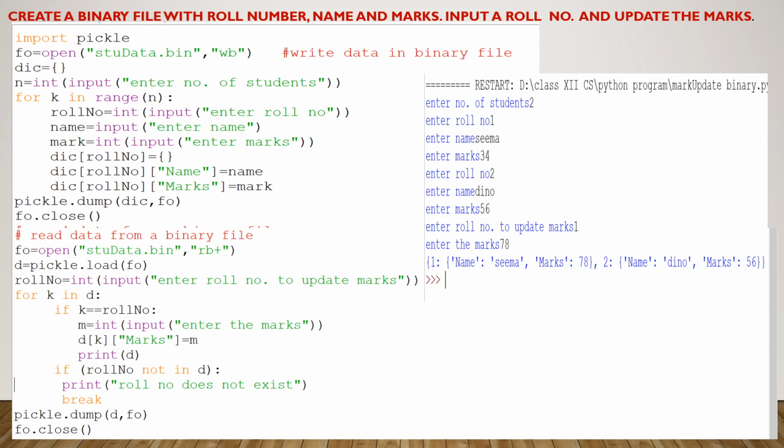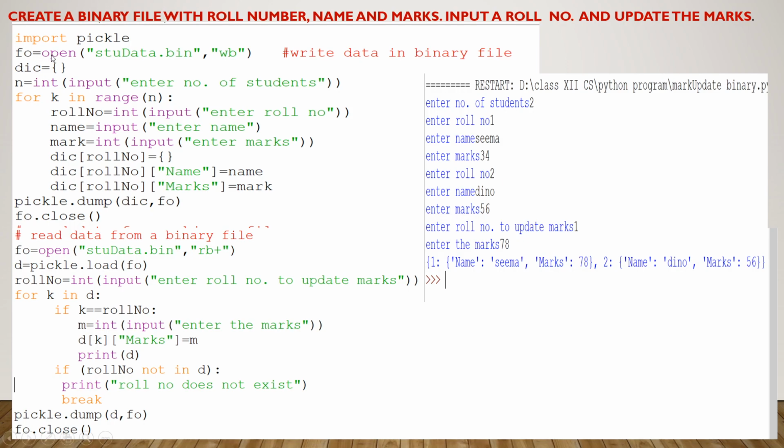So before doing the program, we need to import this pickle module. How to import any module? Write the import keyword and after that mention the module name, and the module name is pickle. After that, because first we need to create a binary file and write inside the binary file, we want to write a student's detail inside it. So student detail contains roll number, name, and marks. So how to create a binary file?